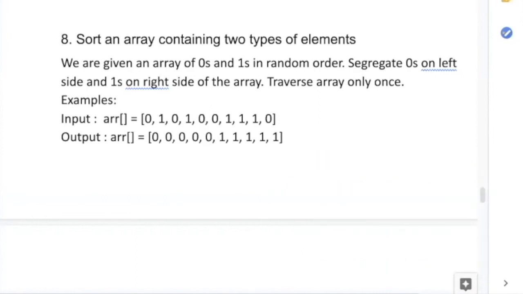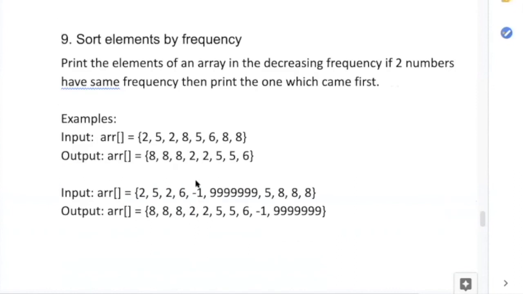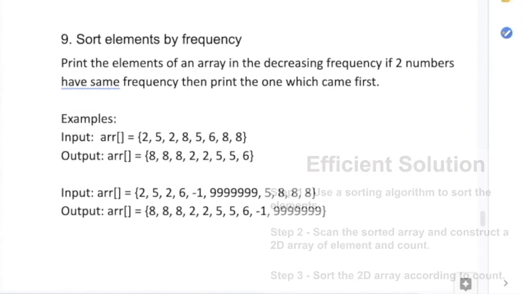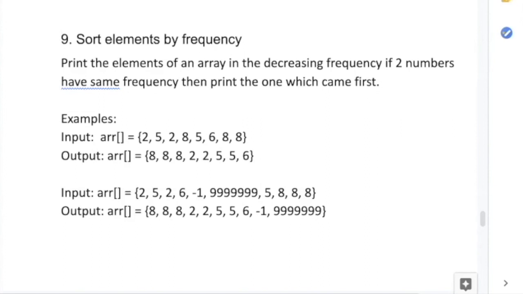Question number 9, sort elements by frequency. Now again, this question is similar to the question that we discussed, in which we have to sort elements by the difference. We discussed the question, right? Sort an array according to the absolute difference, question number 3. The similar concept we can apply here in question number 9. Here the only thing is that instead of the absolute difference, we have the frequency. So we should create a mapping between the frequency and each of the elements. Then we sort it with the help of the frequency and then get the result. Make sense? Yes, sir.